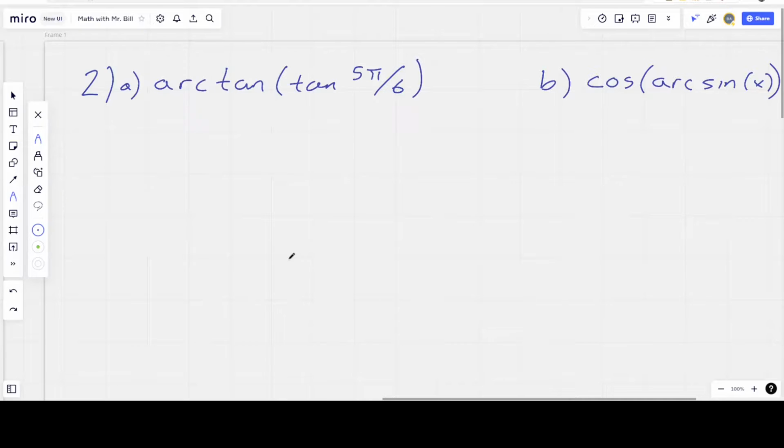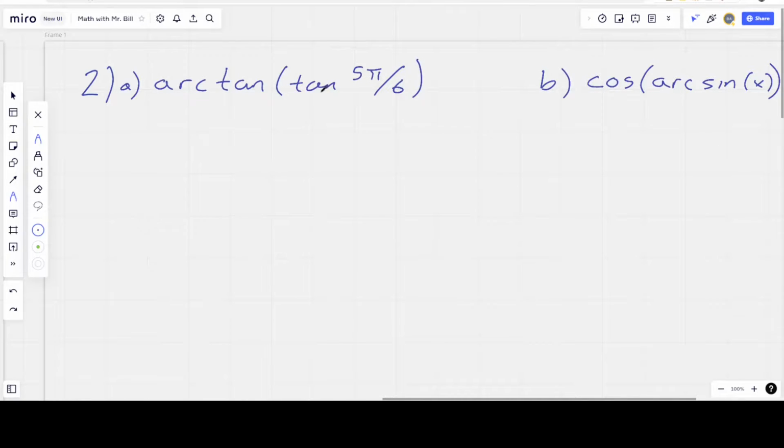This is the second question, and the second question involves some facts from trigonometry, dealing with inverse trig functions and unit circle ideas, and we want to cover those because they come in handy when we're dealing with some integral and derivative problems. So first thing we're looking at here is finding the arctangent of the tangent of 5 pi